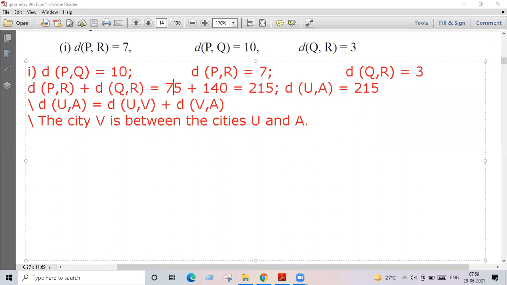That is 7 plus 3, you will have to follow the method a little. That is 10. And the distance of PQ is already 10. PQ is also given to you as 10. Therefore, you can say here